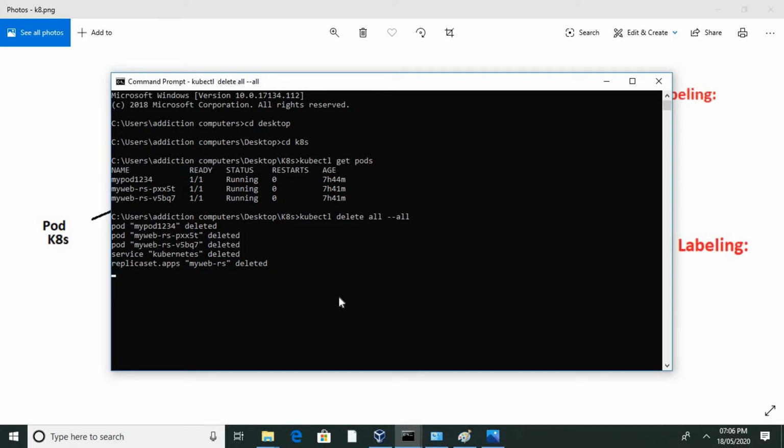So we are gonna use a manifest file, a YML file, in this practical. And why are we using a manifest file? Because we are using two languages, that is